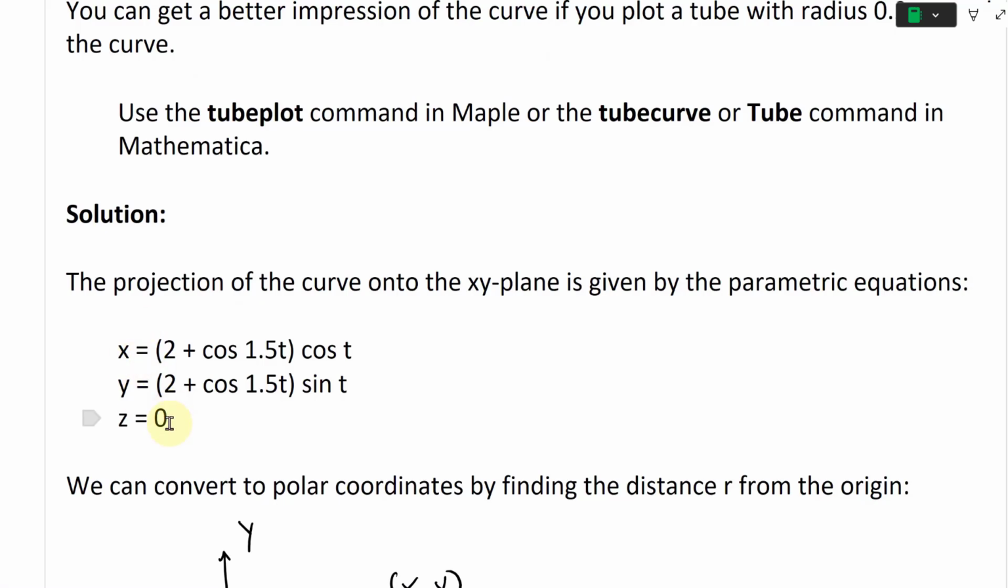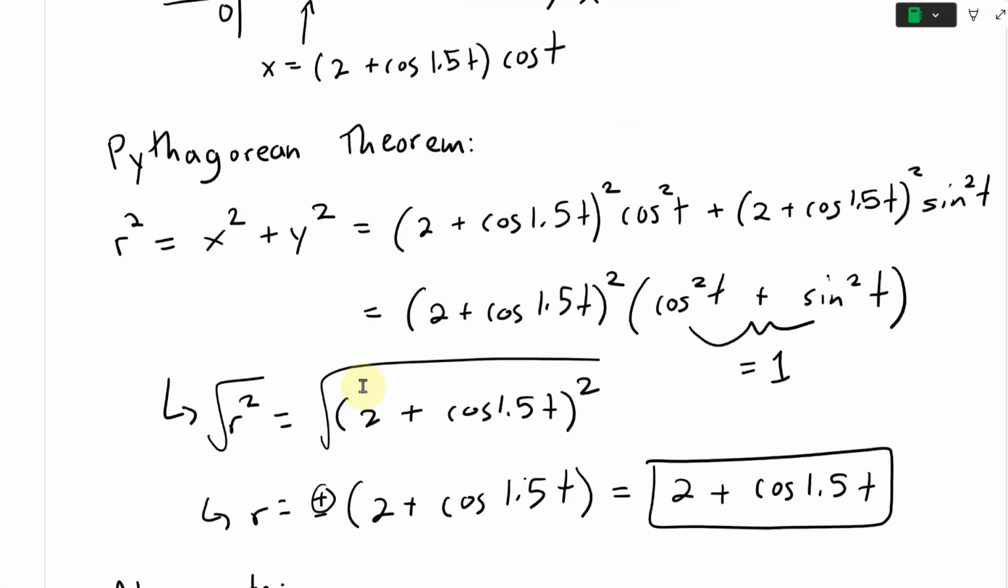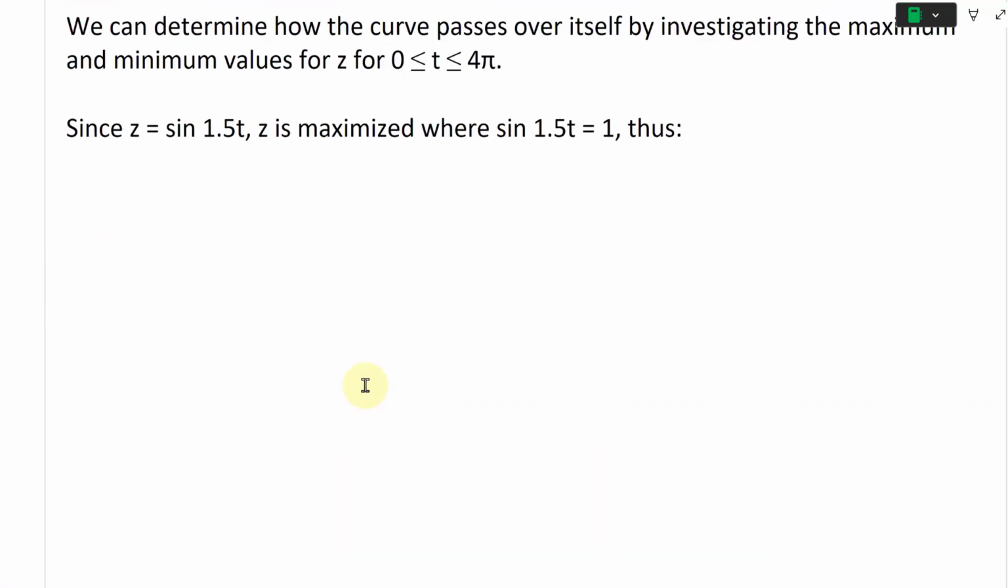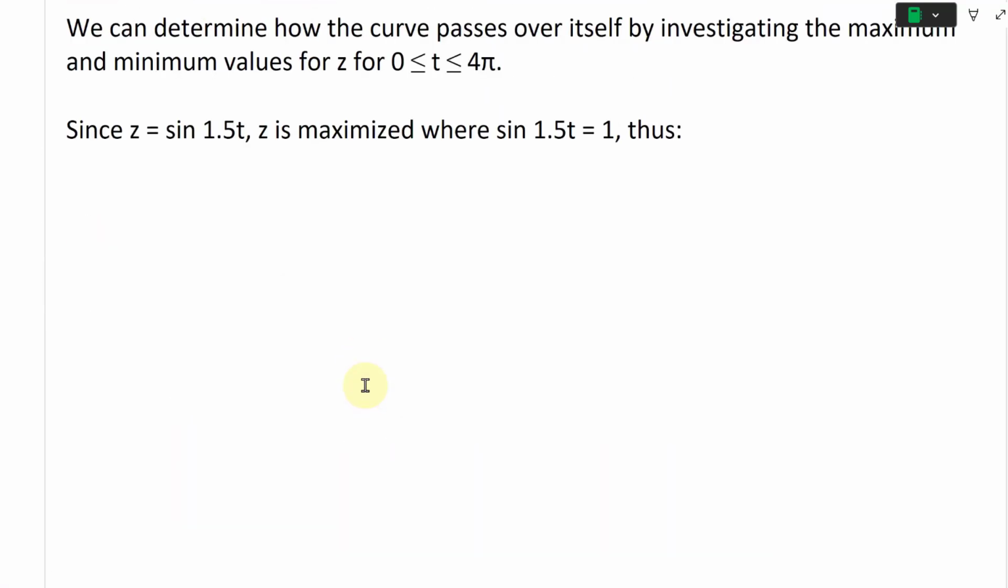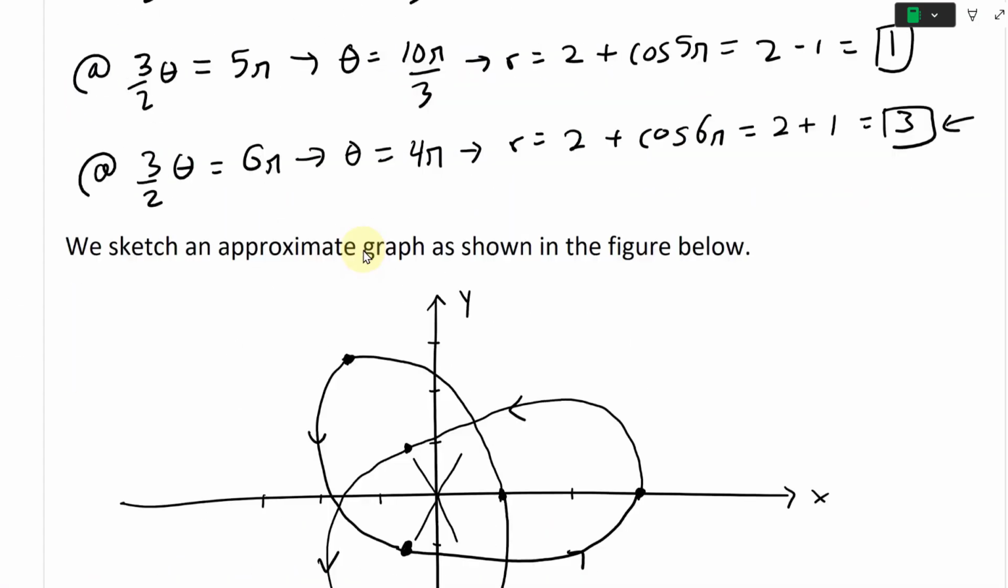This is a projection onto it where z is 0, but just to double check, z equals 1.5t. And again, sine is at its maximum and minimum at 1 and -1. Note that because we have 1.5t inside all of the sine and cosine, 1.5t equals 3 over 2 t, and now this is going to be maximized. I know we need to find the maximum, but before we were dealing with the